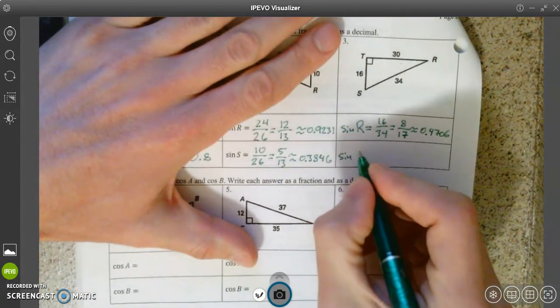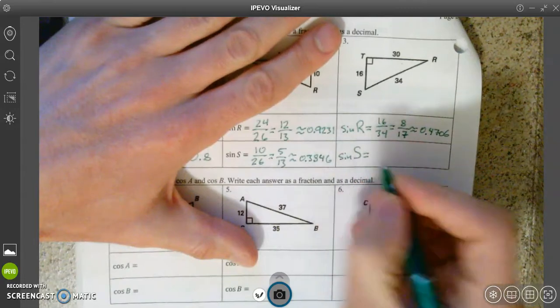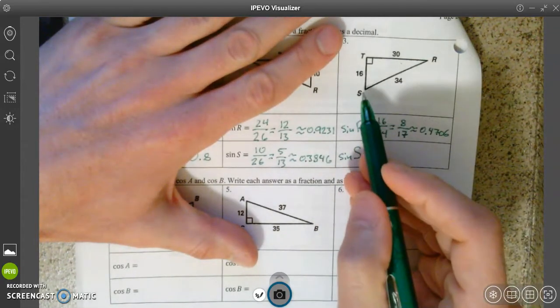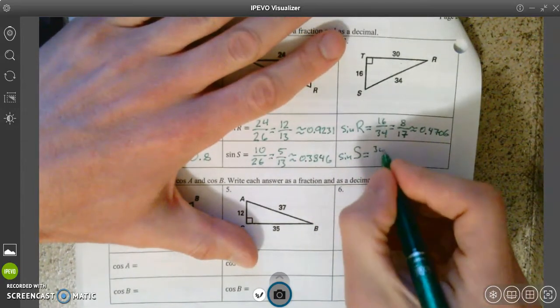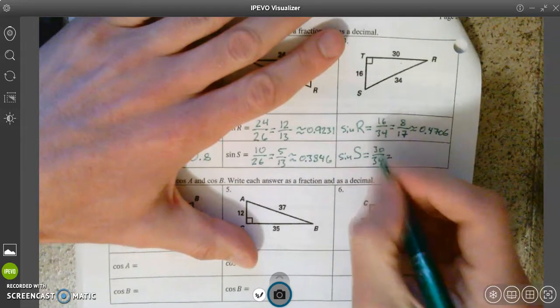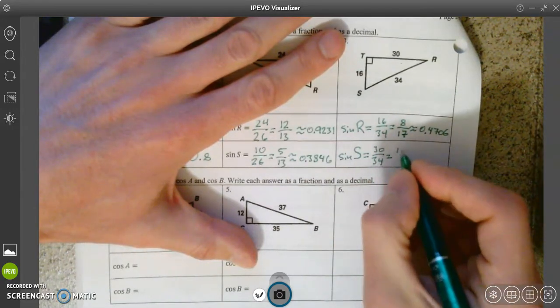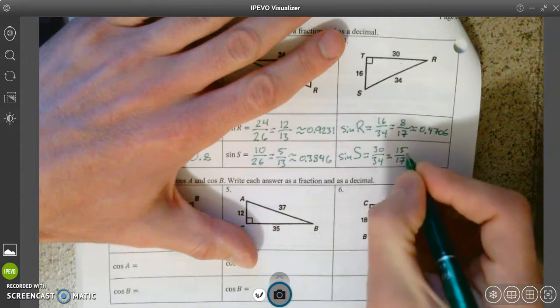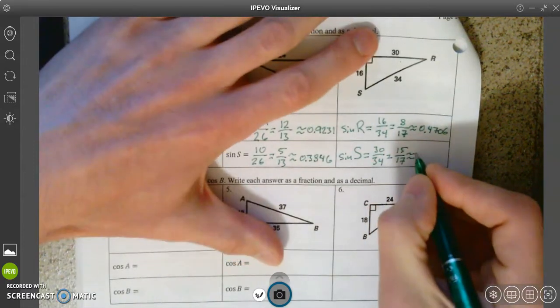And then sine of S is equal to opposite, so 30 over 34. Both of those can be divided by 2. That gives me 15/17, which is approximately